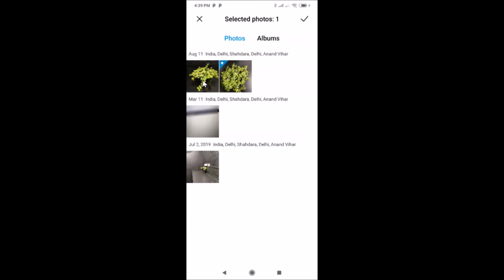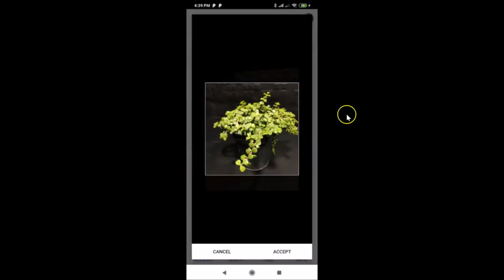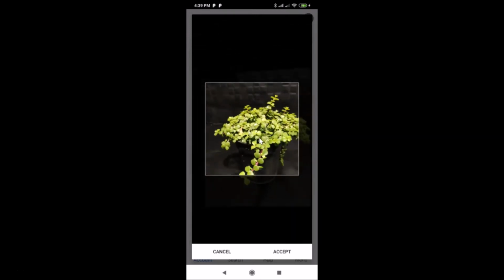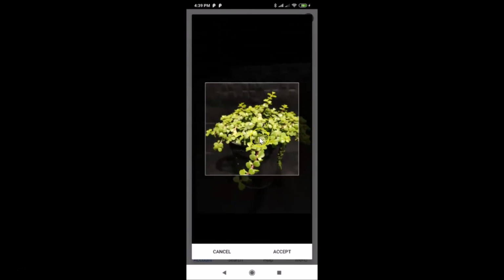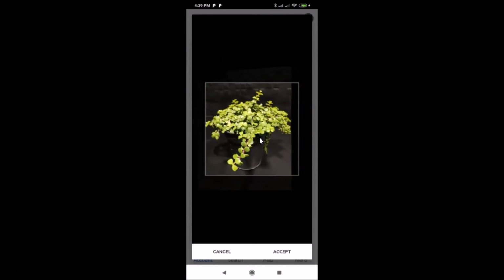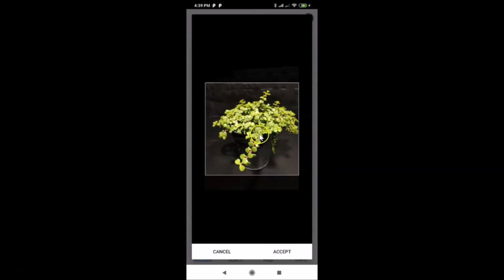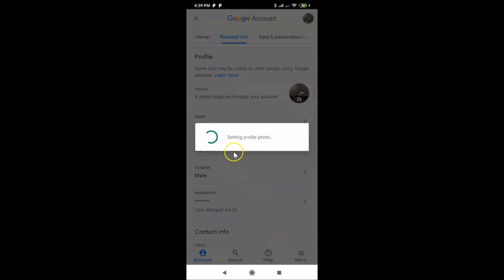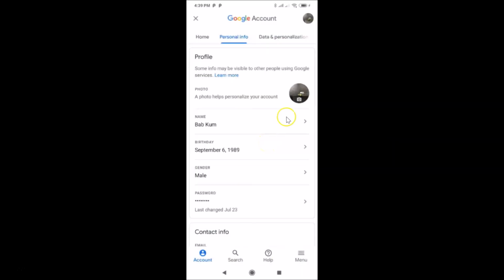So let me tap on this, and I have another screen, and on this screen guys you can adjust the photo according to your requirements by zooming or pinching. So let me adjust it. Okay, so this is fine, and after you're done guys, just tap on this accept button. So let me tap on this, it's setting profile photo, and you can see guys the changes not appeared over